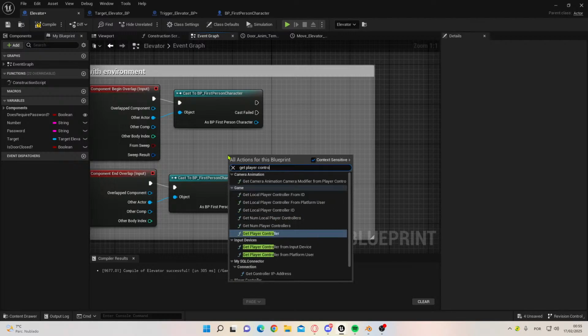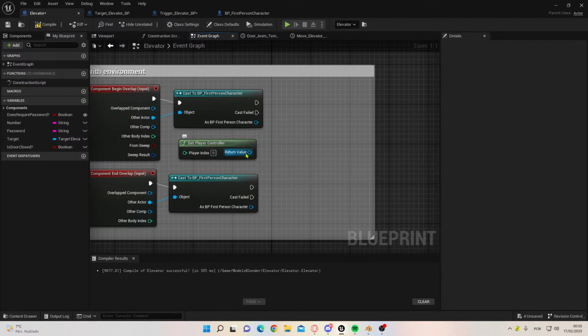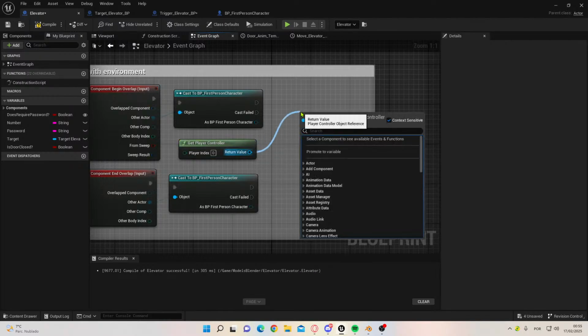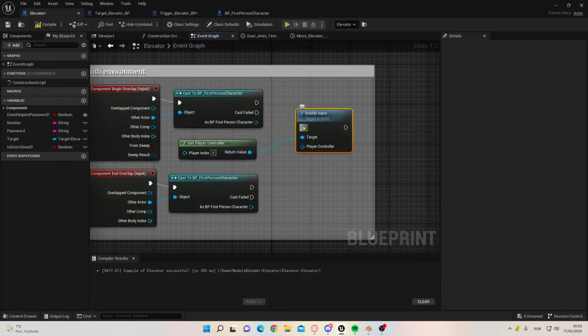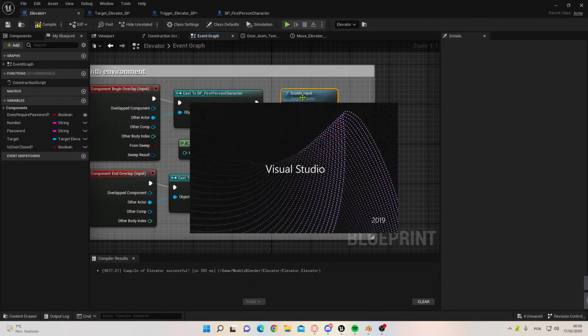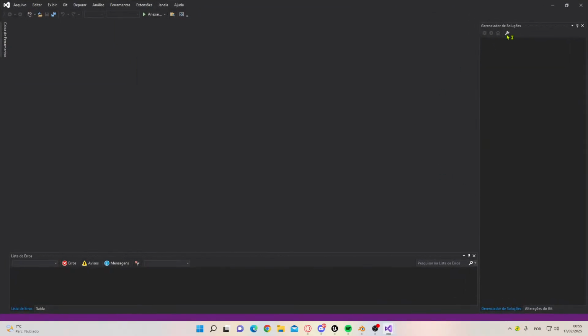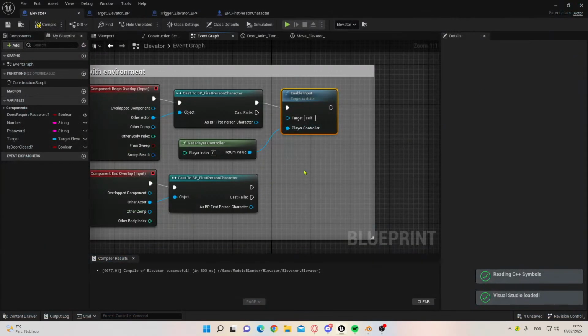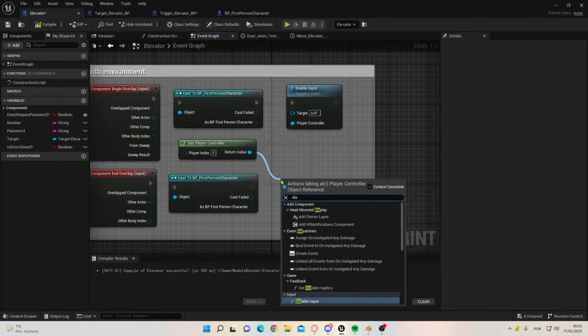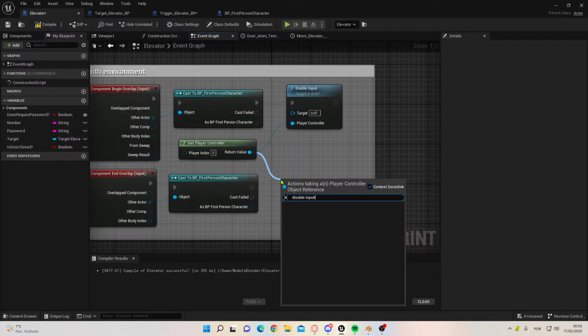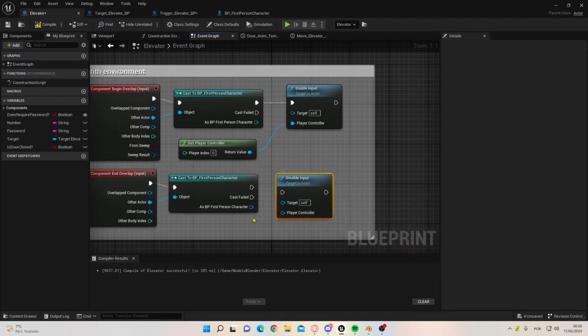player controller, and we wanna enable the input. So enable input. This is going to be the player controller. Then again. Then we disable the input for this one. Break these. Okay, connect these just like so. Okay, then